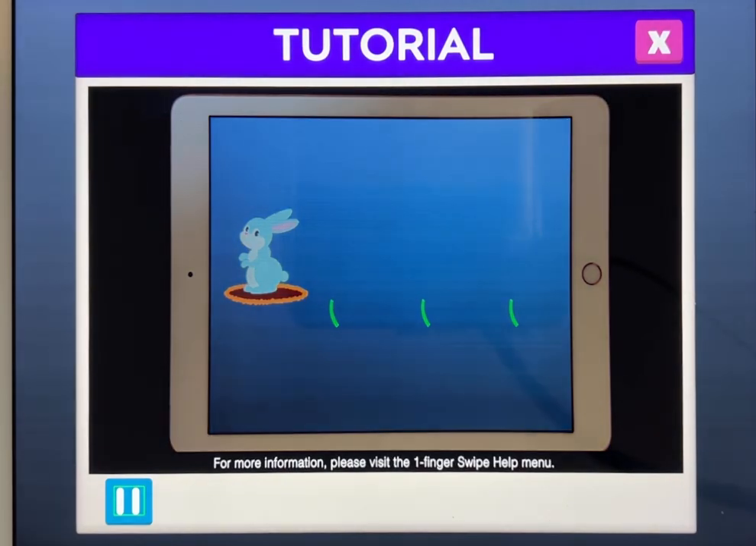For more information, please visit the one finger swipe help menu. Double tap the screen with